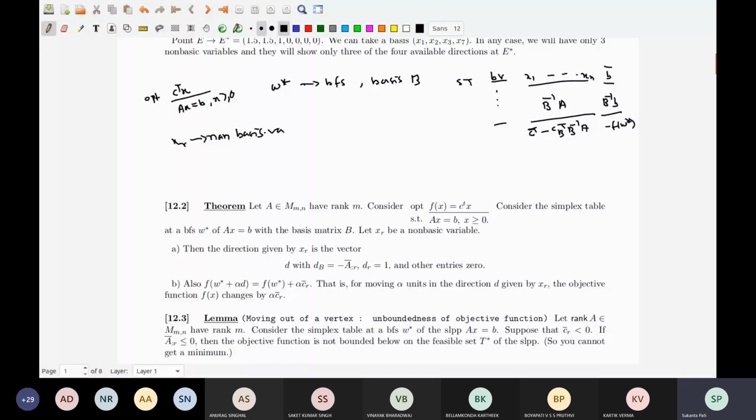Non-basic variable. Then what is the direction D given by XR? What is that direction? Now that direction vector is described in this way. See, the D vector will have two parts. One is the DB part, and the DB part is nothing but